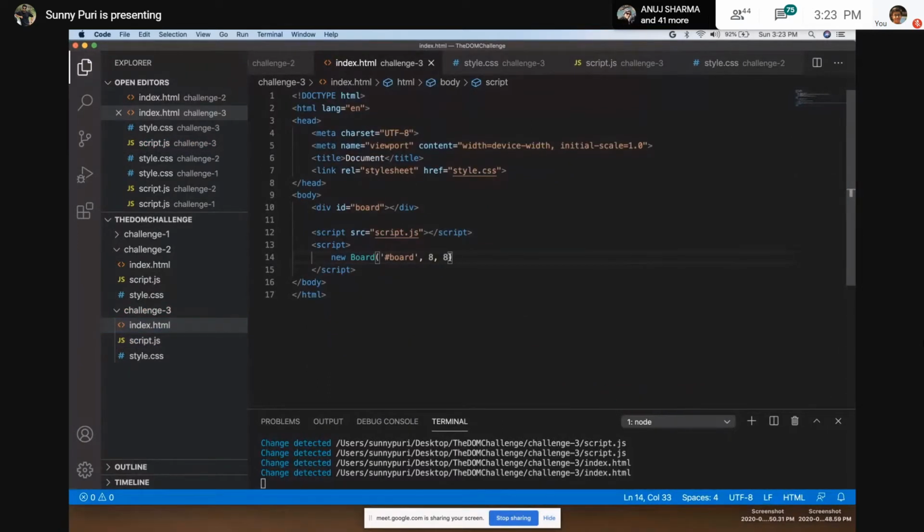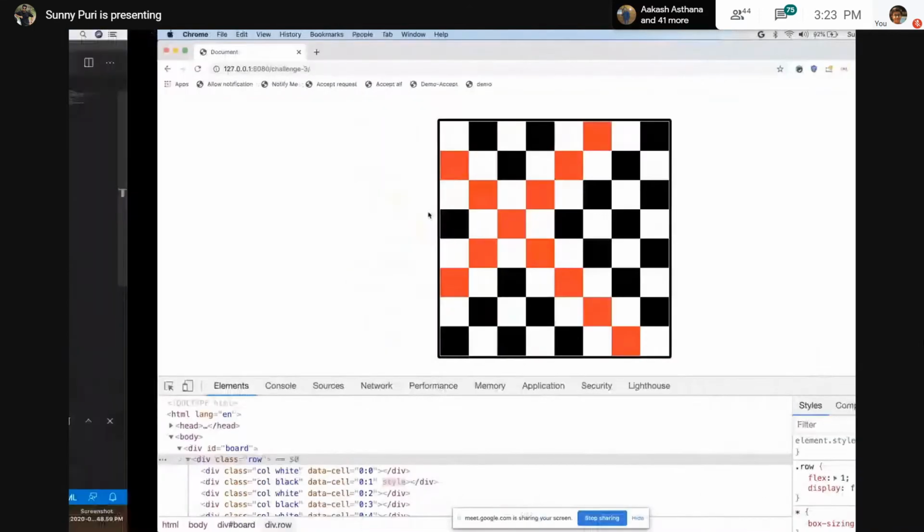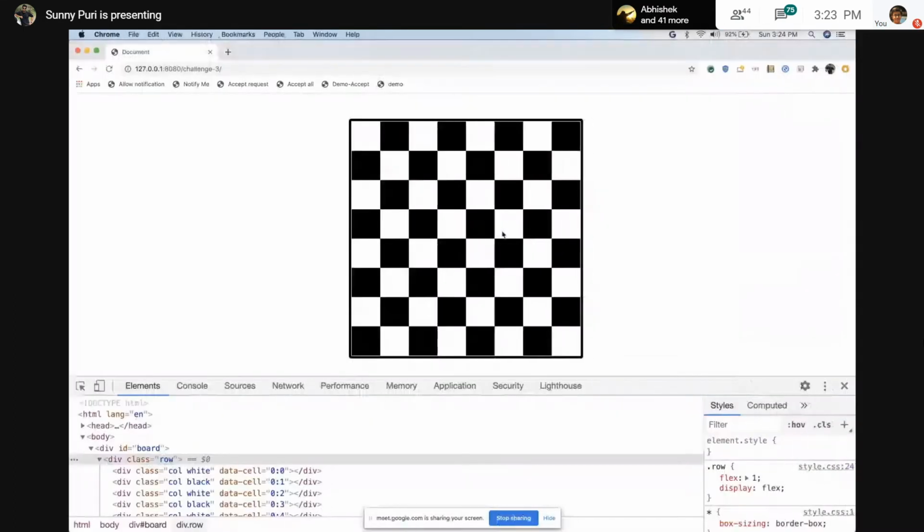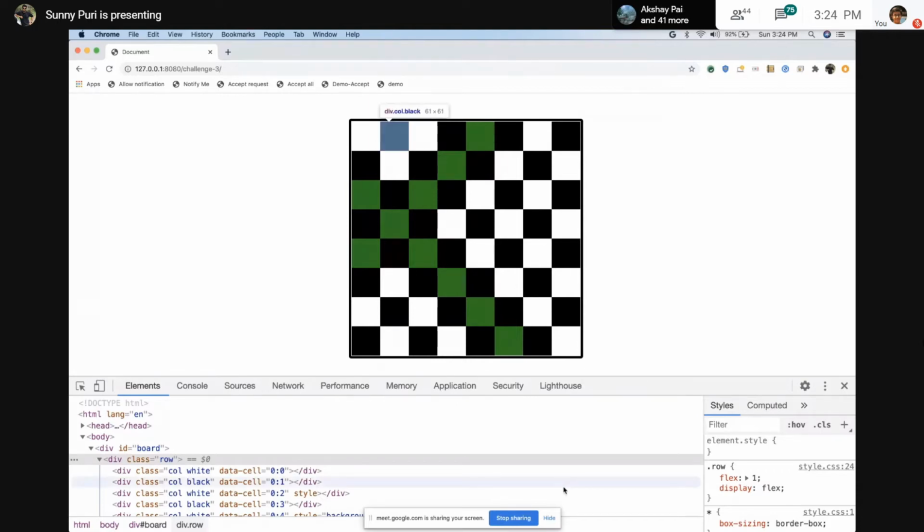Let's see, if I'm not passing color, what will happen? If I'm not passing color, it will take red. If the user is passing some color, it will take the user's color. This is the way to create a utility. This is what they'll expect in interviews. For example, you show this example to the interviewer and they say this is nice, but I want it more scalable, more generalized. So they'll ask what else you can do. They can say we can make the grid generalized. Instead of 8x8, just pass n and we'll create based on your input.